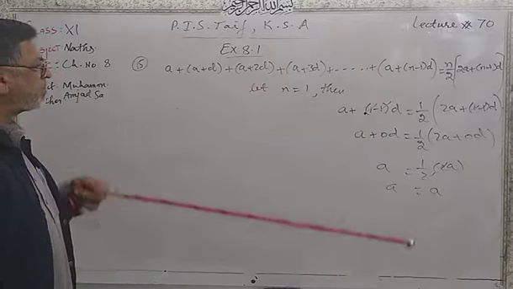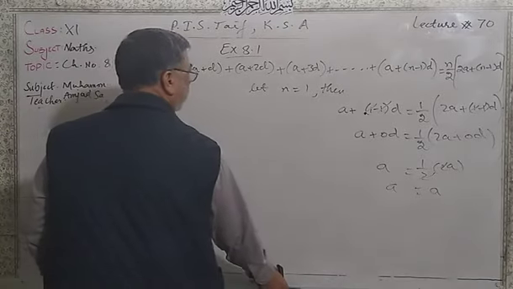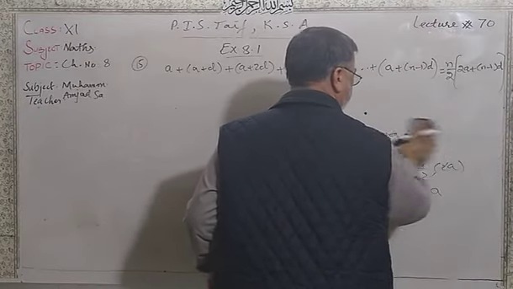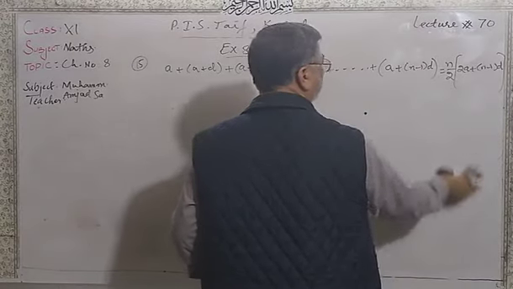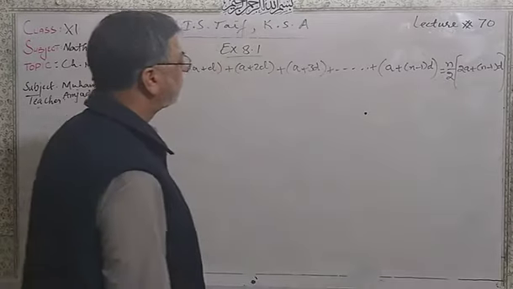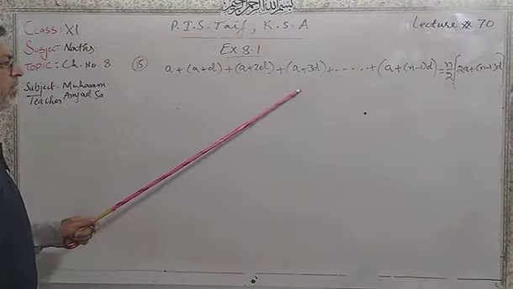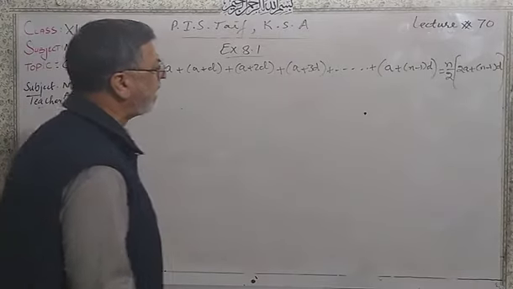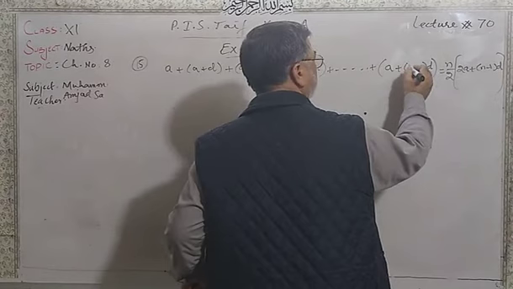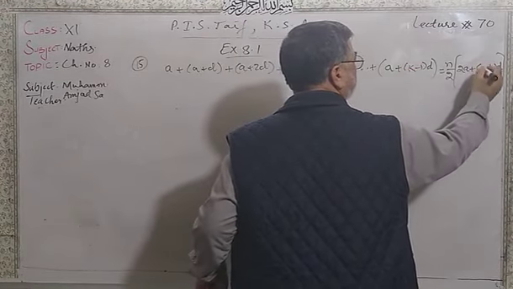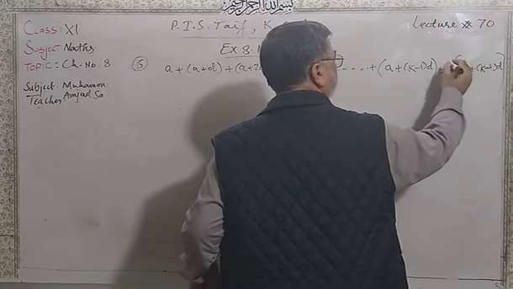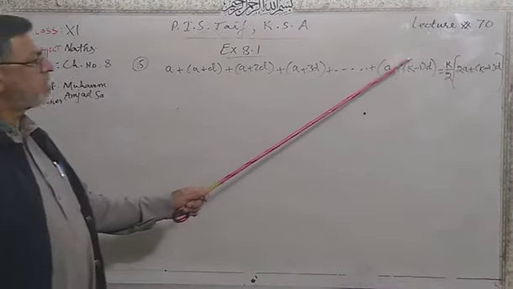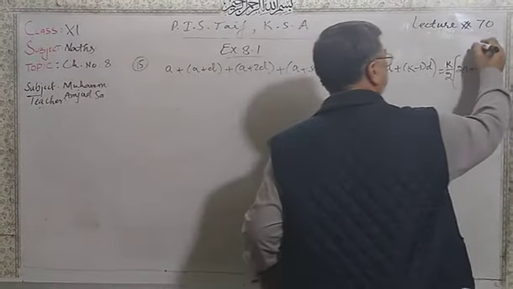Let us consider it is true for n is equal to k. Dear students, you have to write down these sentences after every step. Now I am leaving these steps for you. Now also formula is true for n is equal to 1. Let us consider it is true for n is equal to k. This is k minus 1. Here is k minus 1. Outside this is k over 2. So this is your equation number 1.